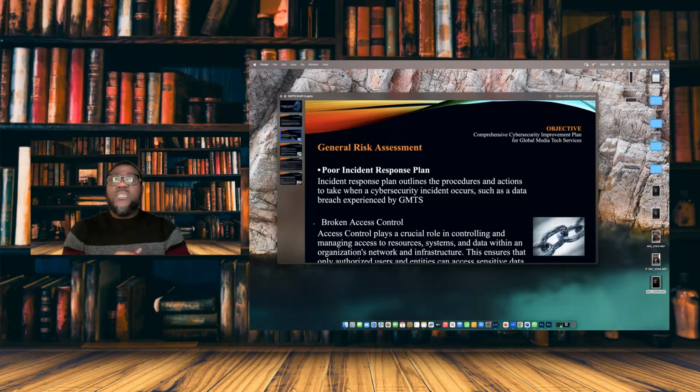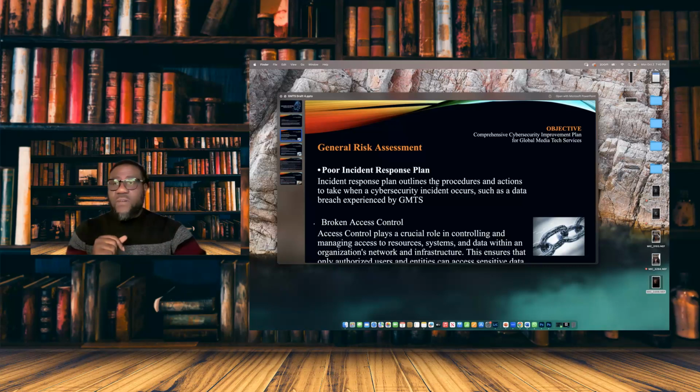Now, the first thing we realized was that there was just a poor incident response plan. An incident response plan is something that you have to have in place to make sure that if anything happens, there is a clear, objective, smart way of dealing with that issue. There should be an incident response center so that we can coordinate our plan. And instead of just having a fire call, let's have a well-defined protocol, practice, and procedures in place so that when these things happen, we can respond quickly. We can catch it, we can mitigate it quickly. All right, so they didn't have that.